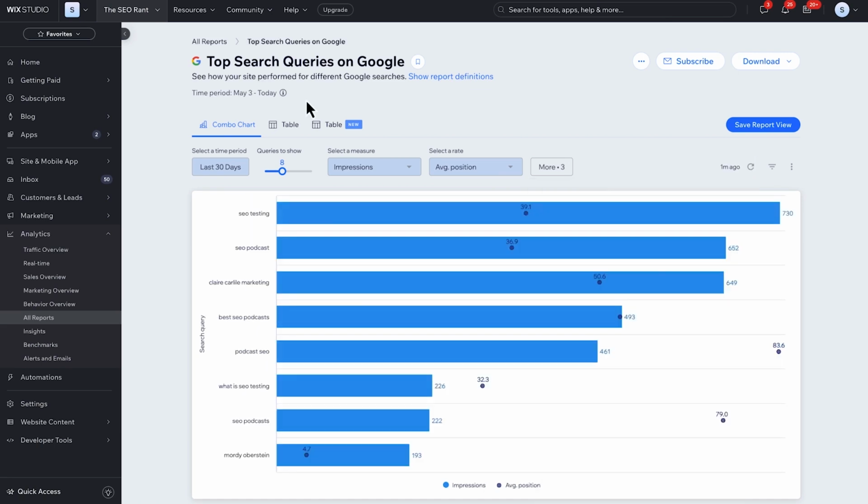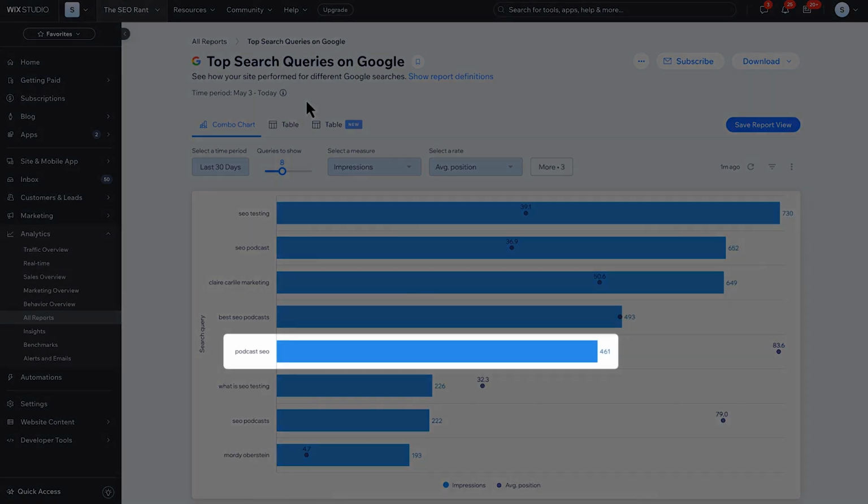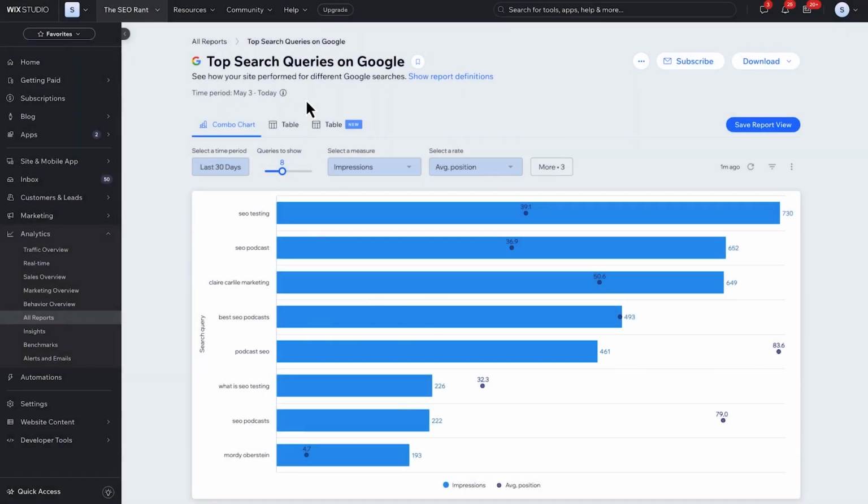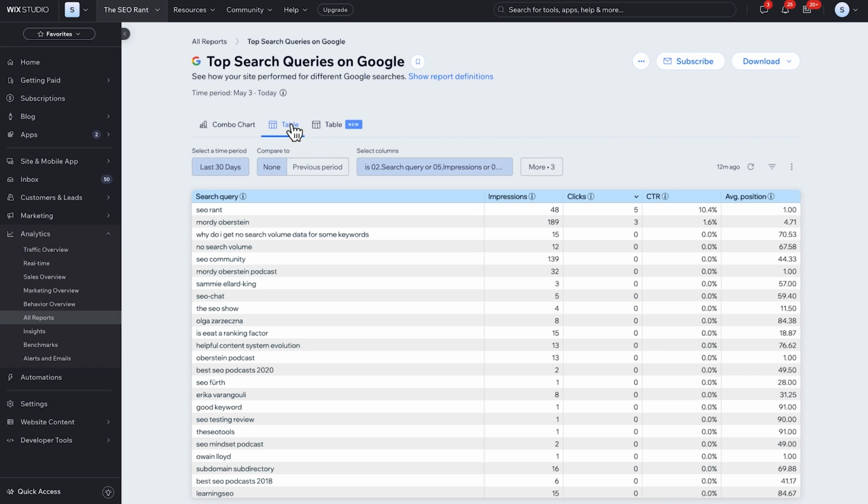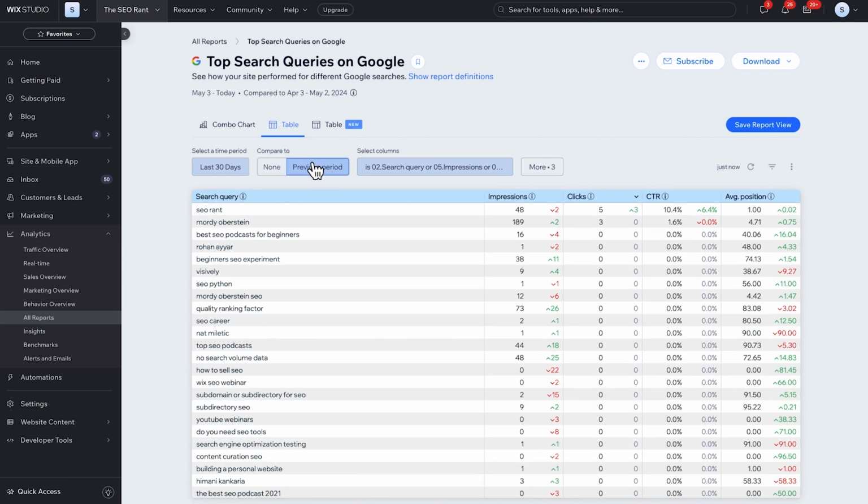Here we can see our keyword from earlier, podcast SEO, has gained 461 impressions over 30 days, but has an average position of just 83.6. This is where the report's table view comes in handy. Switching to table view gives you the full spectrum of data for all search queries listed within the site's GSC account. You can see data on query impressions, clicks, CTR, average position by default, and even add columns for device